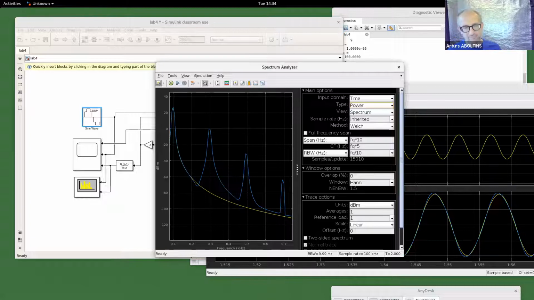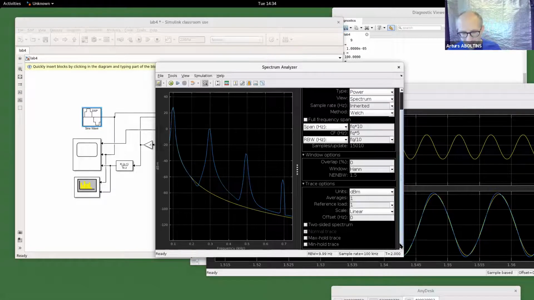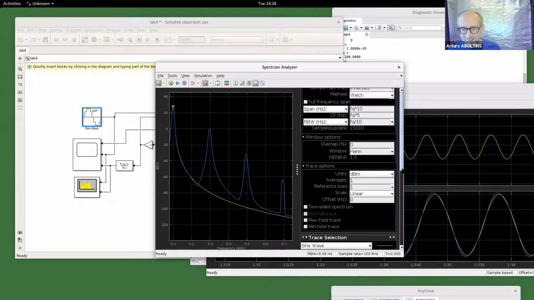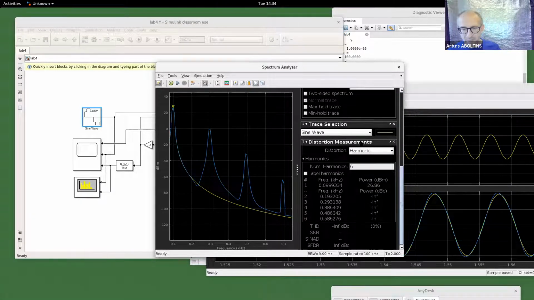And you can measure this. How to measure? You go to the measurements here. There is a measurements button somewhere. Distortion measurement, it's called. And if you go to the distortion measurements, it will appear at the bottom. And here you will see this THD. This is total harmonic distortion. And if you run,